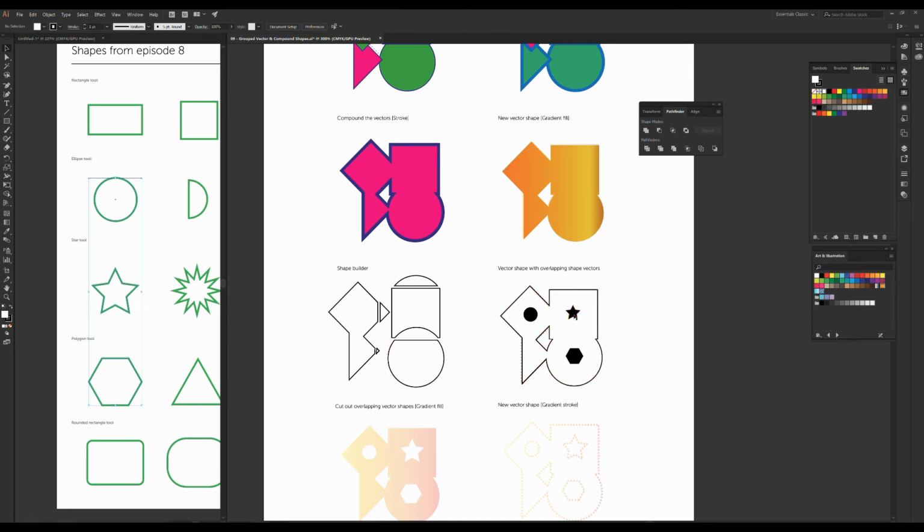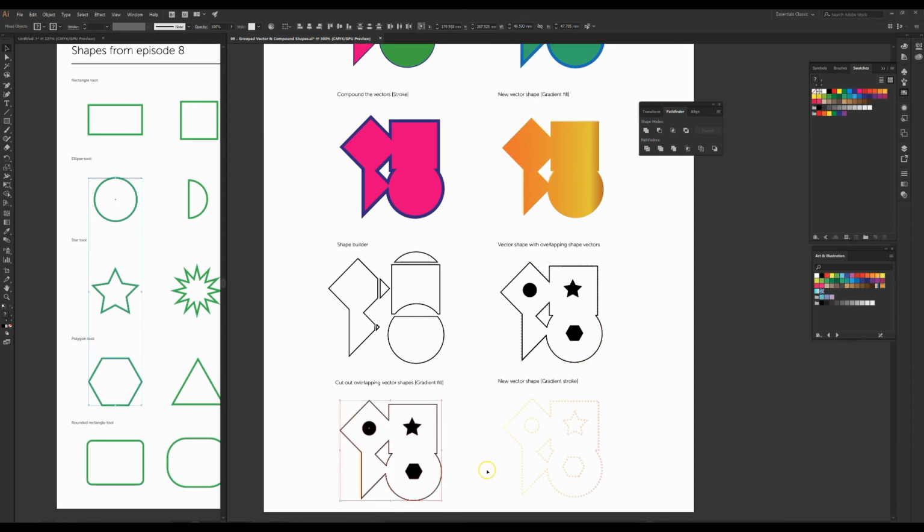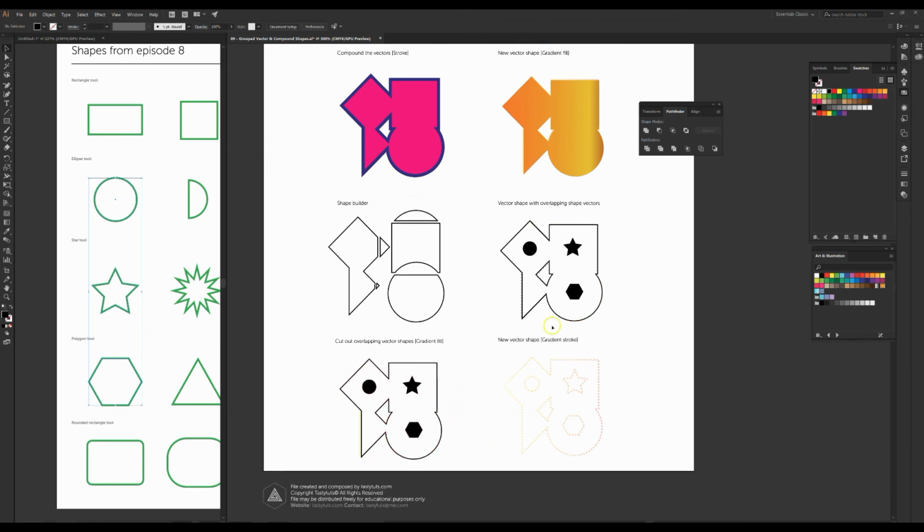Okay, I'm going to use my selection tool and I'm going to hold down Shift and make the star just a little bit bigger. And you can kind of just position these a little bit in the centers. Then what I'm going to do is I'm going to select all, hold down Alt, make a copy, bring that down over here. Then what we're going to do is we're going to go back to our Pathfinder tool